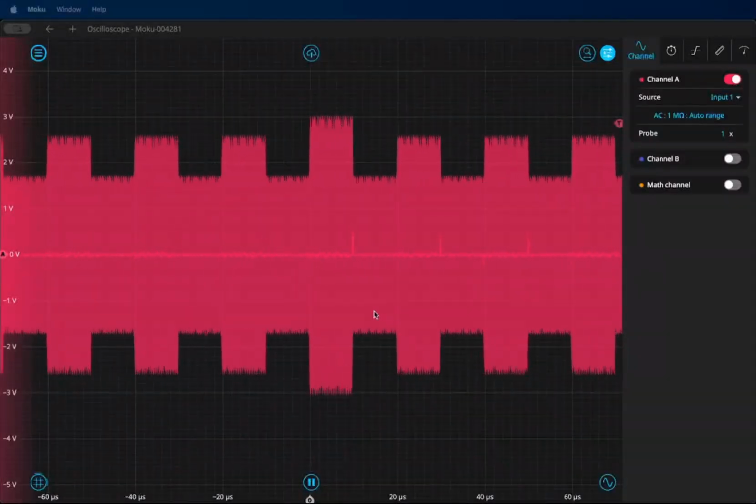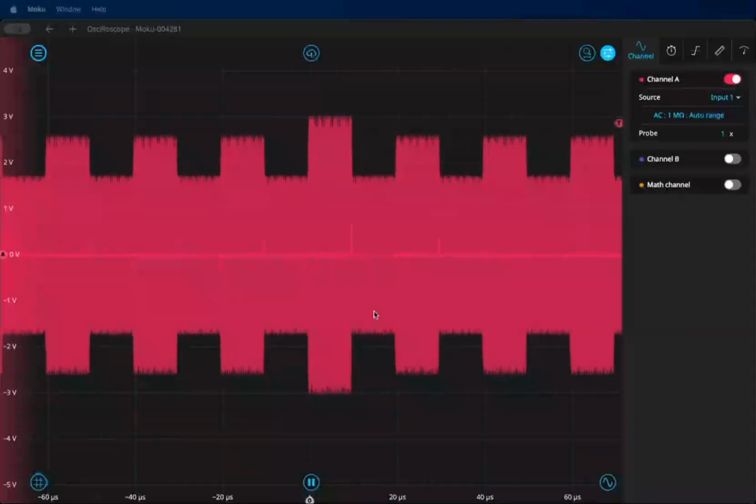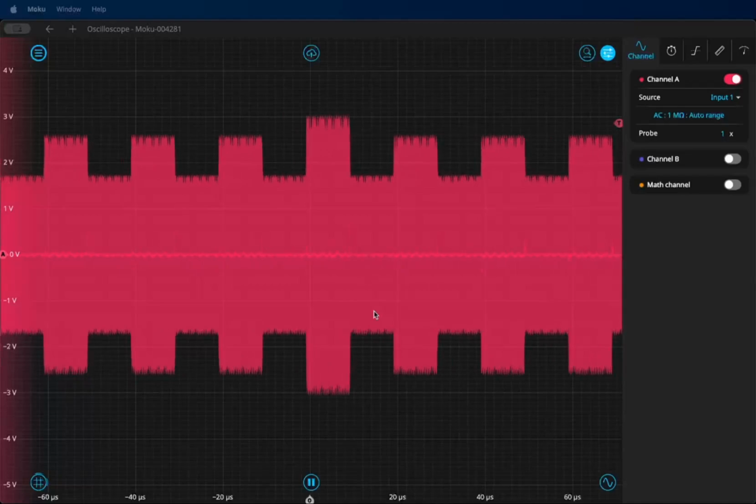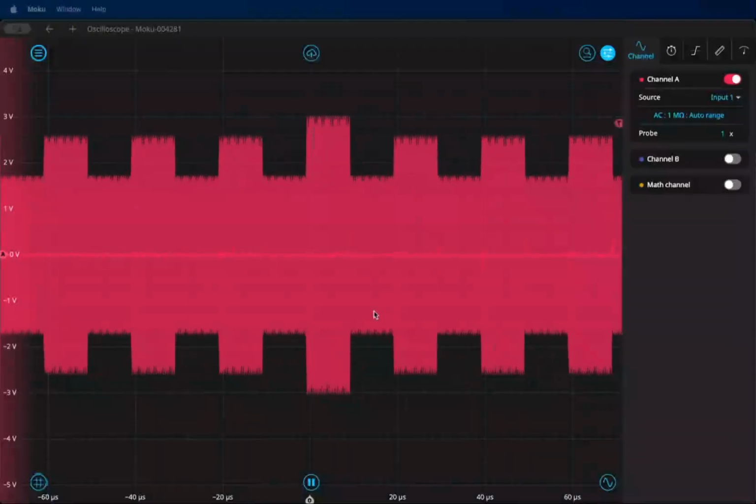This is the final video in a three-part series about encoding and decoding digital data using different instruments available on Moku devices. In parts 1 and 2, we encoded and modulated digital data using the Moku Pattern Generator and Waveform Generator. Right now, we are viewing this amplitude shift keyed data on the oscilloscope. Today, we're going to use the lock-in amplifier instrument to demodulate this ASK data and recover the original digital pulse